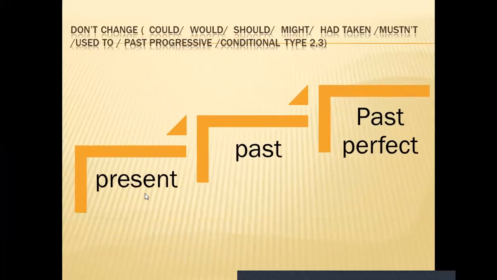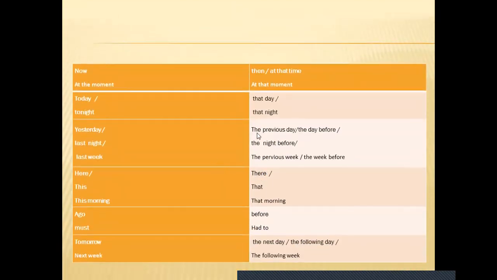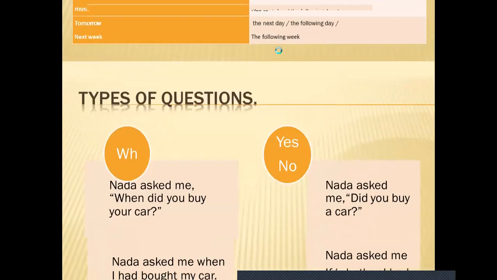It is the same rule. As a matter of fact, we don't change a lot. Okay, just the tense. If the tense is present, the same rule: present, we change it into past, and if we have past, we change it into past perfect. Okay, and these are the verbs that we don't change. It is the same rule. Okay, let's move again, and this is the same rule. These are the main changes that we make, now, then, and so on. Study them by heart. Let's start.